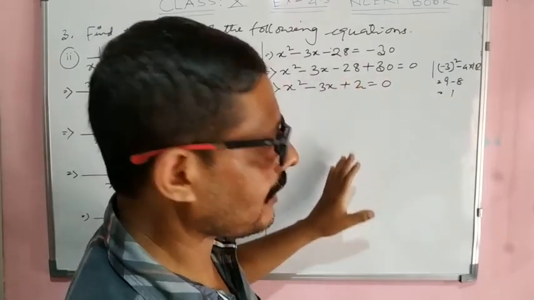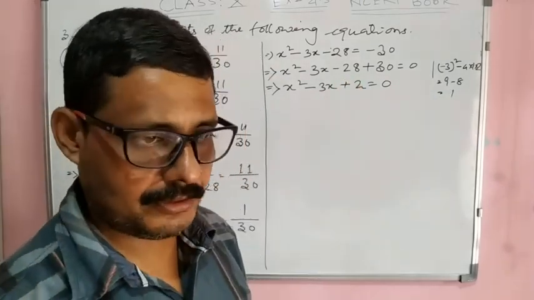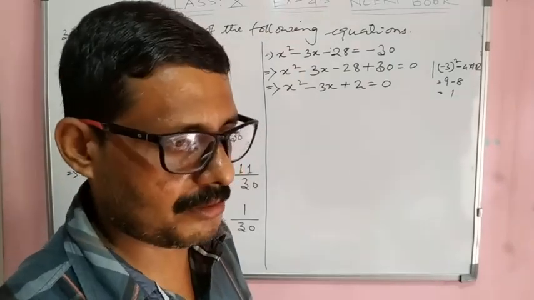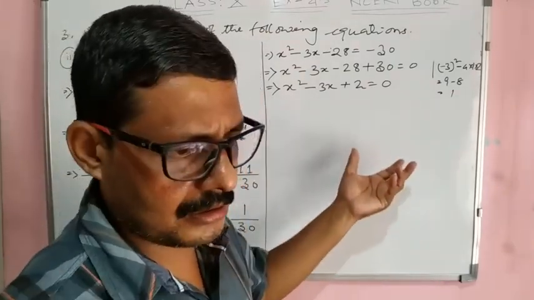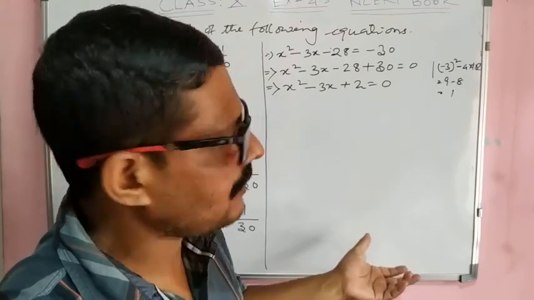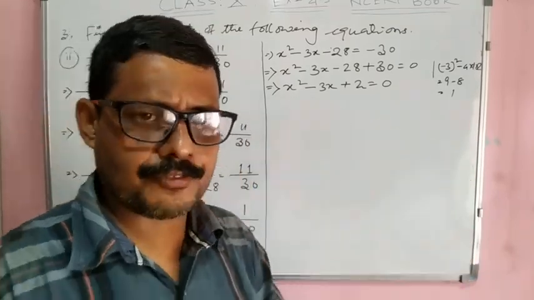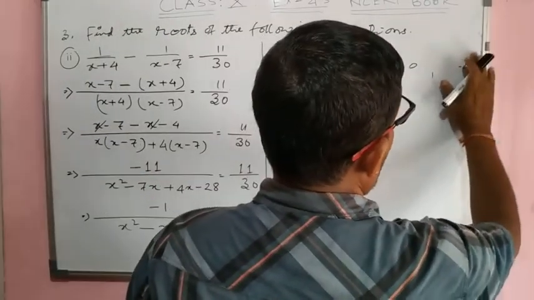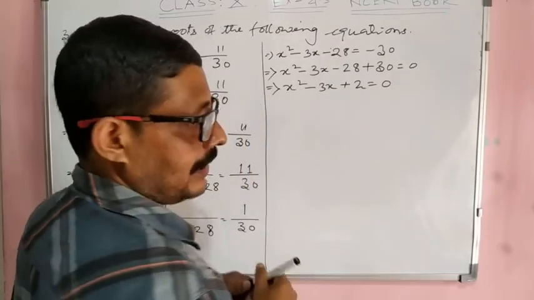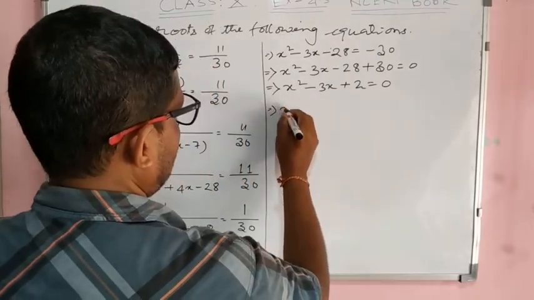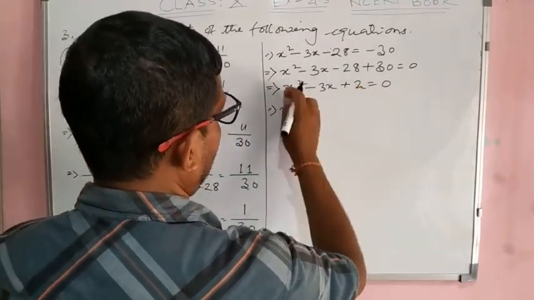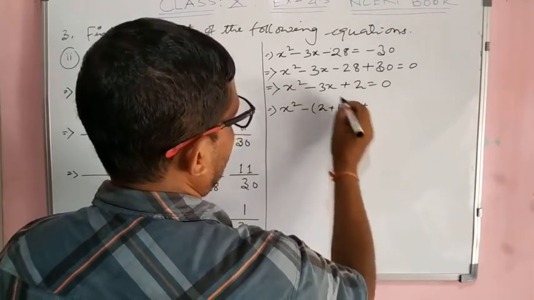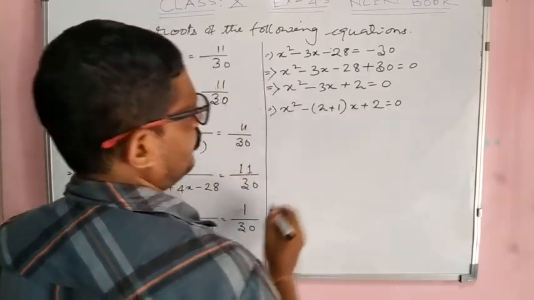So we can apply the factorization method here. You can also apply the quadratic formula, no matter, that depends on you. Any one you can apply, but if we apply factorization, it will be easier for us. You can apply the quadratic formula as well as the complete square method. Sorry, I can apply the factorization method here. So for factorization, x square, 2 into 1 is 2, and 2 plus 1 equal to 3. So we get this one.